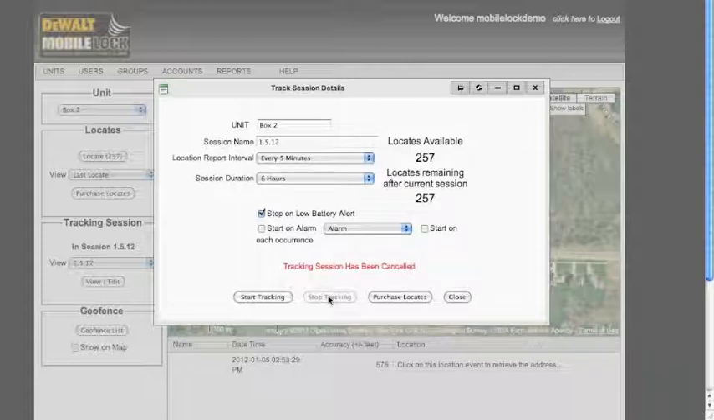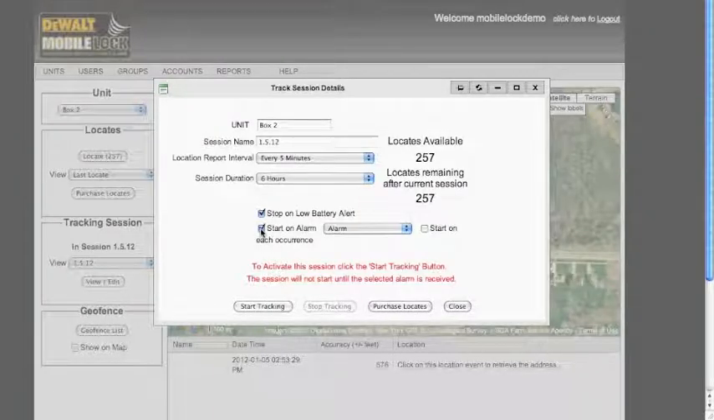If you would like to conserve locates and battery life, you have the option to start a tracking session only after an alarm is reported. Let's say your Mobilelock is attached to an AC unit you're protecting, and the vibration sensor is set. You don't want to respond to every vibration alarm, but you do want to respond if the AC unit leaves